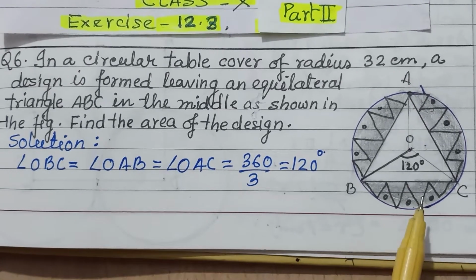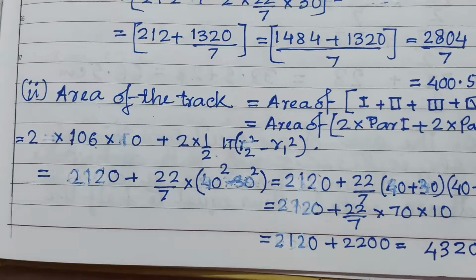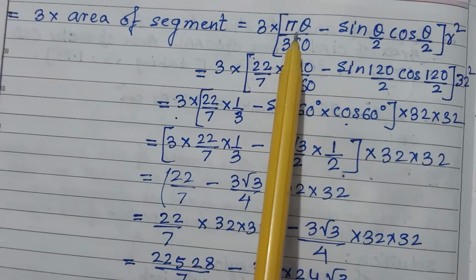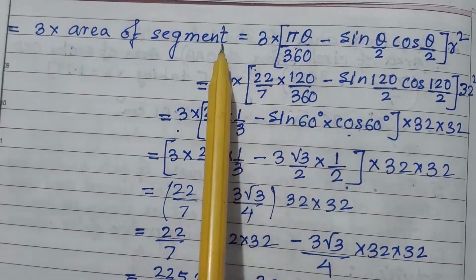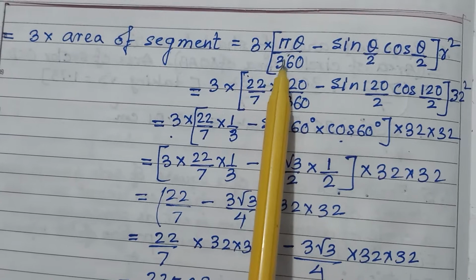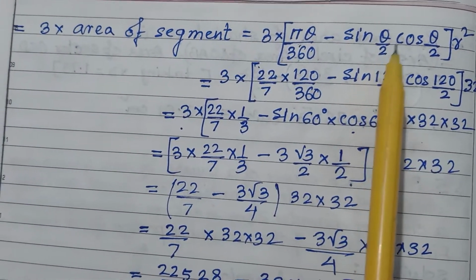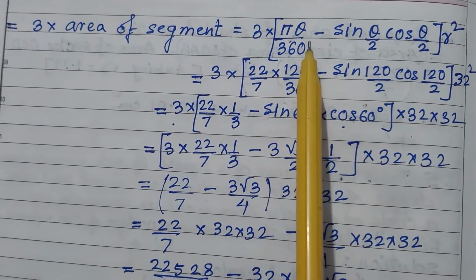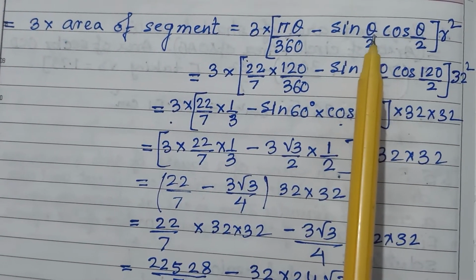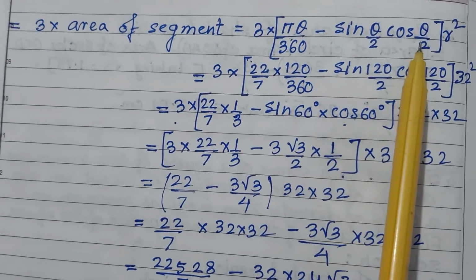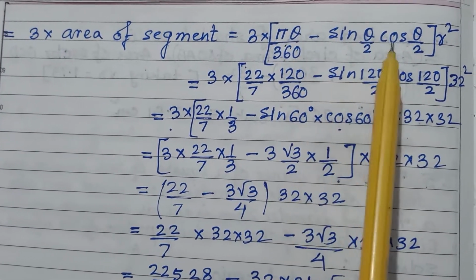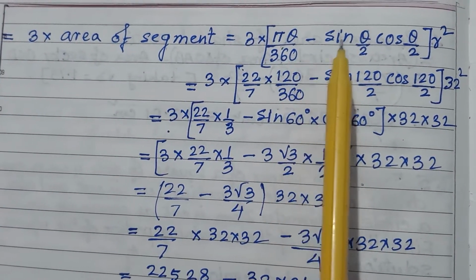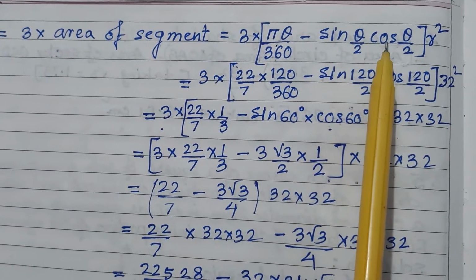So we have to find out the area of the segments. There are three segments, so 3 into pi theta upon 360 minus sin theta upon 2 into cos theta upon 2 into r square. When the angle at the center for the segment is more than 90 degree, you have to apply this formula. Again I am repeating, the formula is pi theta upon 360 minus sin theta upon 2 cos theta upon 2